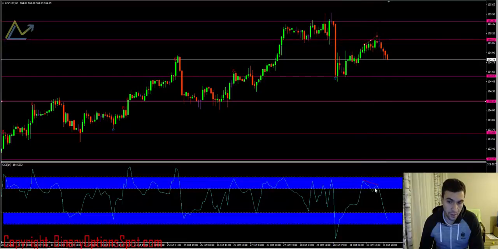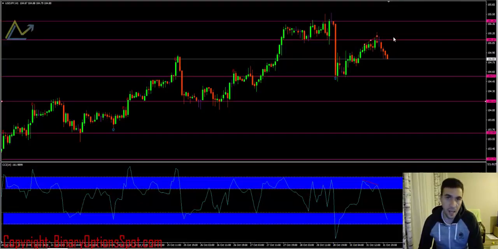Then we need to see if it's in an overbought or oversold market, and this is actually a negative divergence, the first type, and the positive is vice versa when it's at the bottom. But this is a negative one. So first we need to recognize the divergence, and then we need to make sure that in this case it's in an overbought market, and then we need to find a good pattern formation or price action or support and resistance, a place where we will be able to